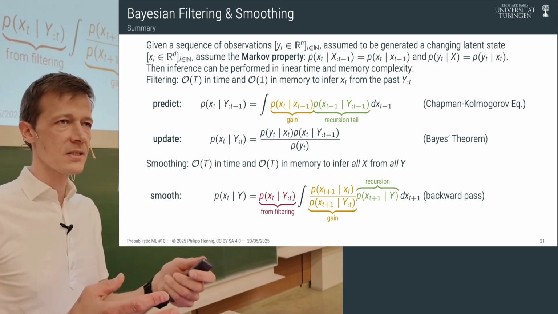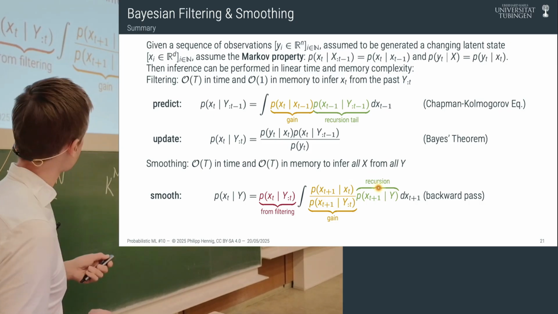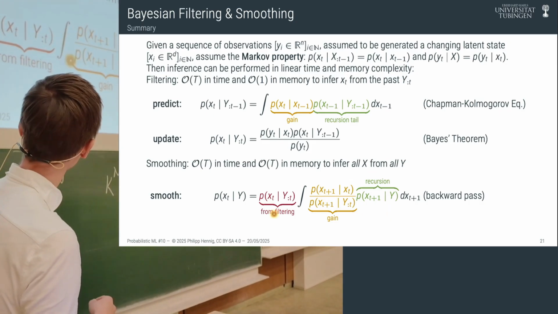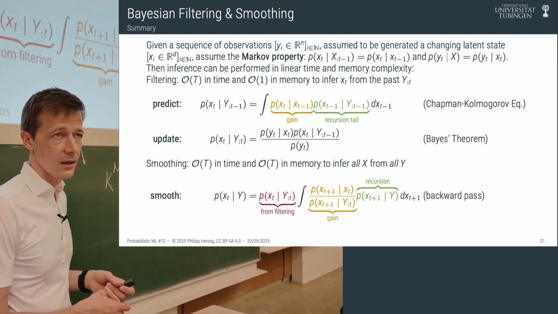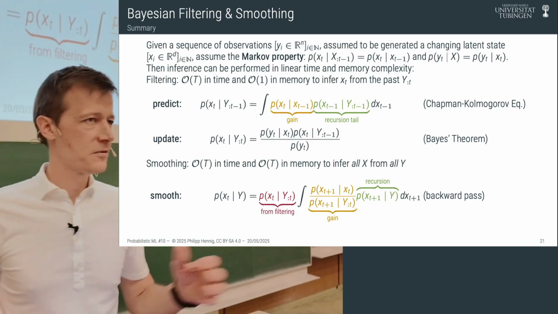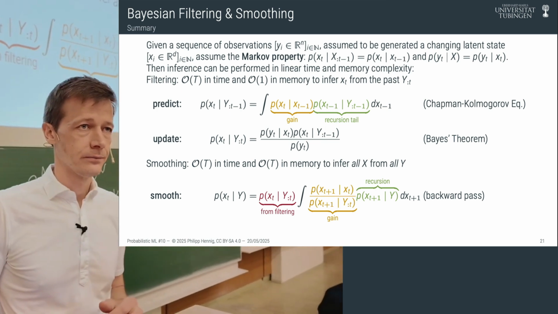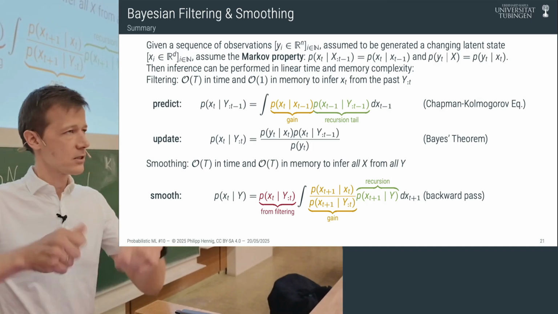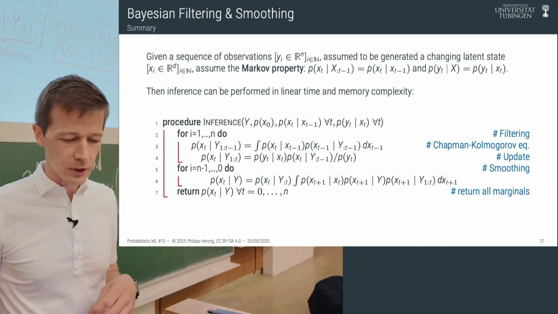So it uses the objects that we have used during prediction and then corrects them with an extra term from the future. To do this, we have to be able to access these red bits, they're also down here in the gain, from the past. So that means we have to store these filtering distributions. And then memory complexity is suddenly also linear. You have to keep around an array of growing size that stores all these predictive distributions. And then you can do this kind of update.